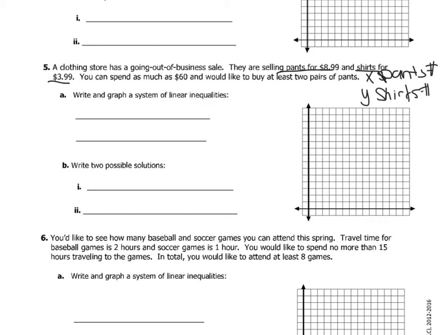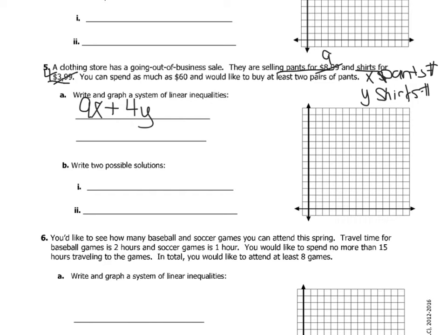So, for the sake of graphing, and if you were doing this on the computer and was doing a graph report on Excel for your boss, you would put in $8.99. The computer can do that. If you're just doing a simple graph like this, rounding it to the whole number is not going to be a sin. Okay? All right, so we got $9 per pair of pants, which is X, and $4 per shirt,